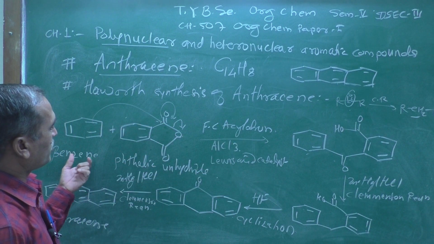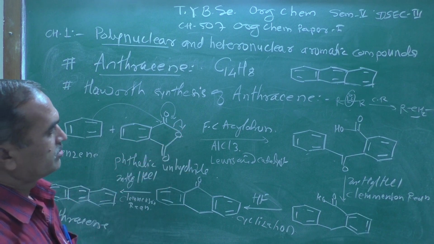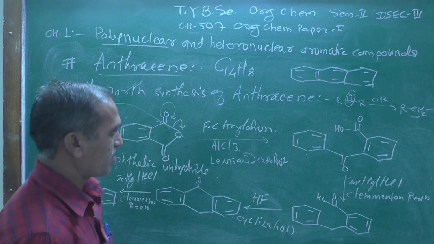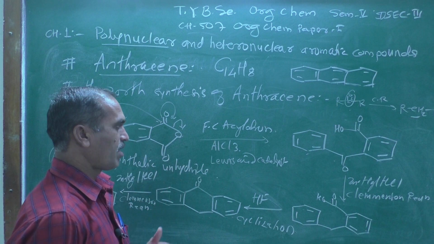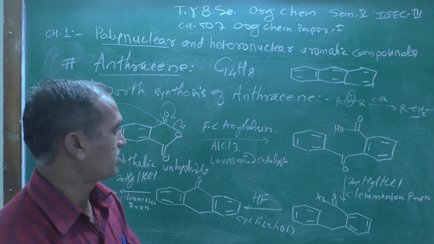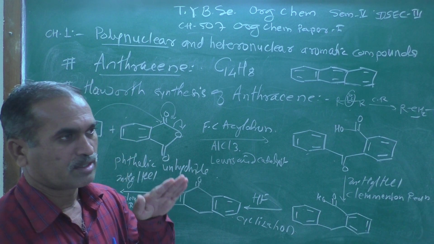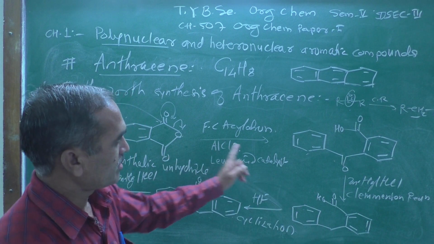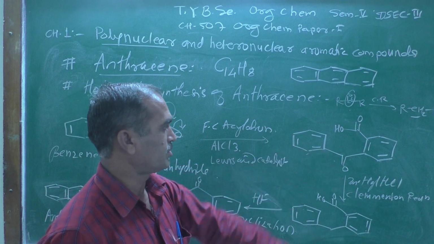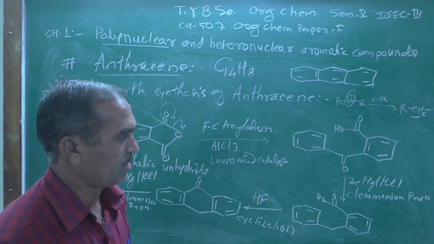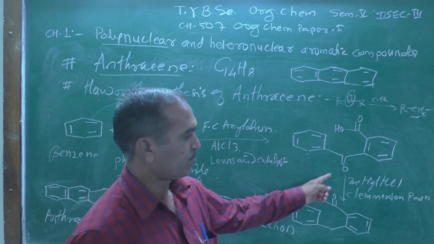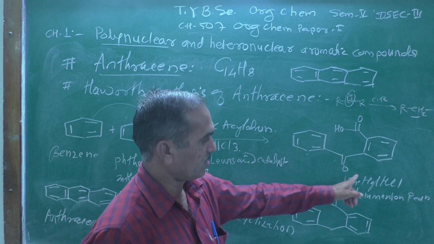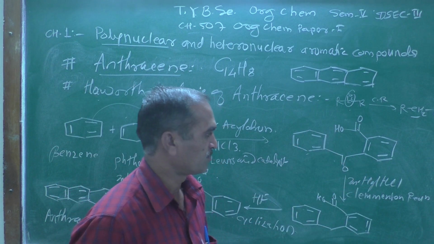Benzene as a starting material, with phthalic anhydride. This is a well-known reaction, Friedel-Crafts acylation, and it requires AlCl3, which is a Lewis acid catalyst. The catalyst will speed up the reaction, and this is the intermediate we are getting here. Then he carried out the reaction with